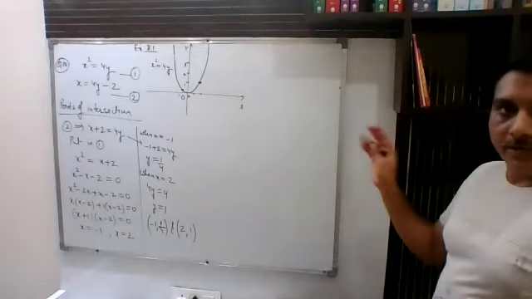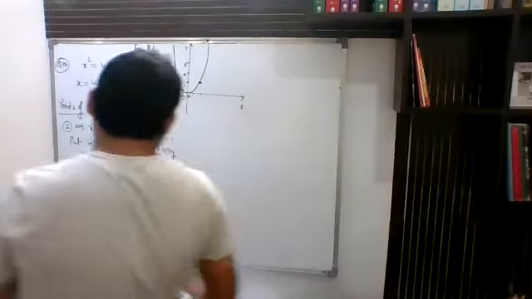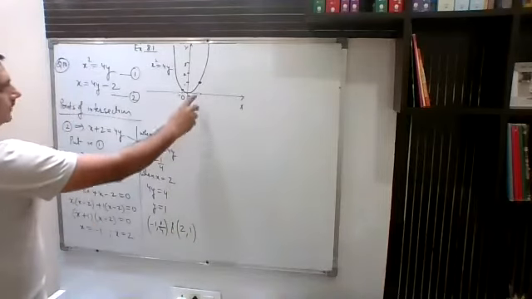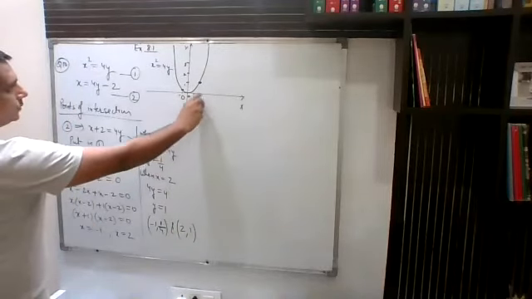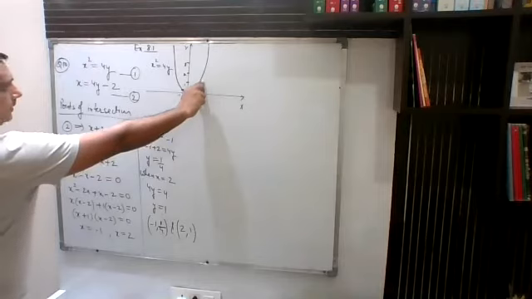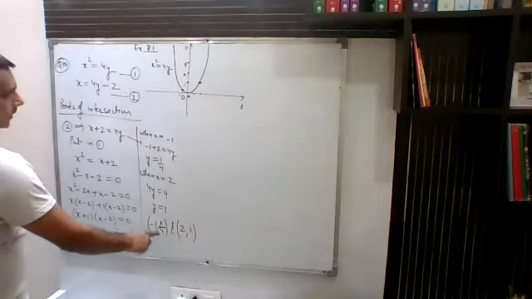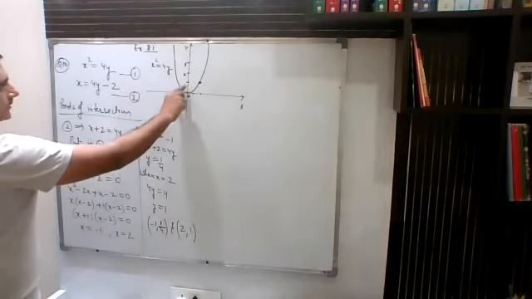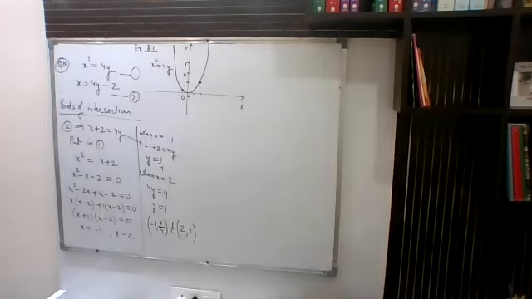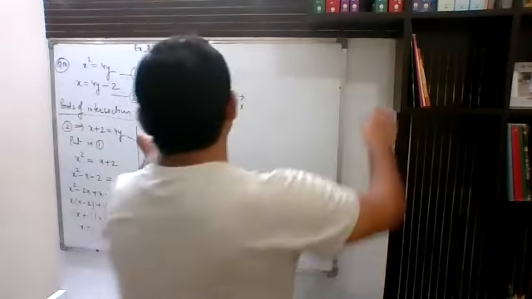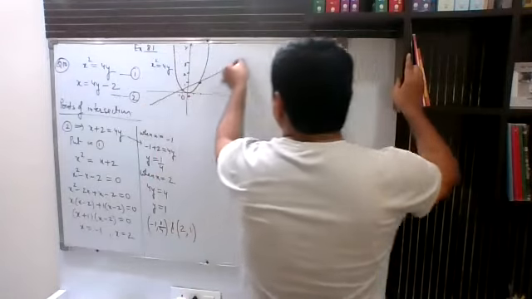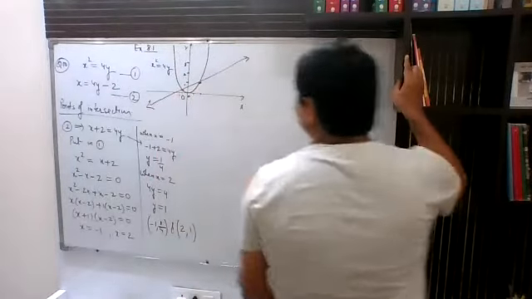So we have plotted the points. One point is 2 comma 1. Roughly, if I take this as 1 and this as 2, then this is 2 comma 1. And if this is minus 1, then minus 1 comma 0.25 is 1/4 of this one, so obviously it will be somewhere here. Now you will draw a line passing through these two dots. When you draw the line, this will be the nature of the line.